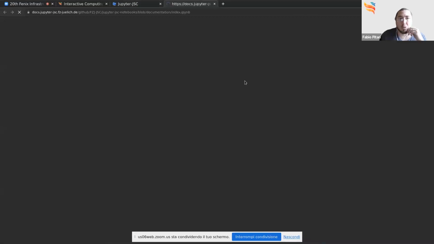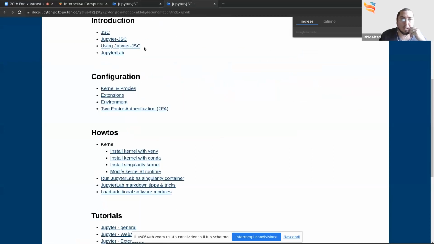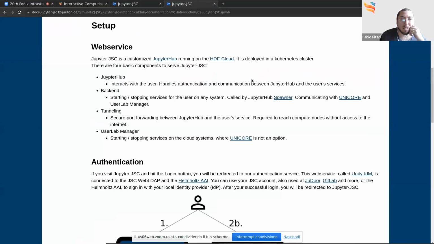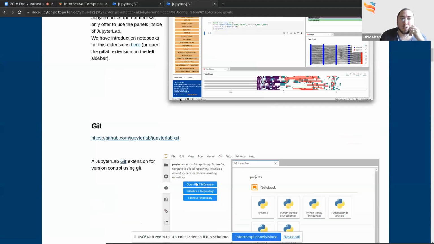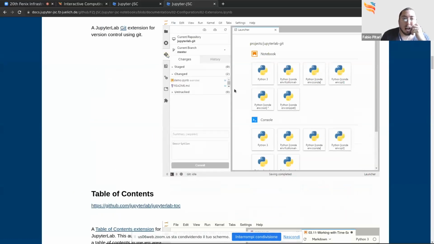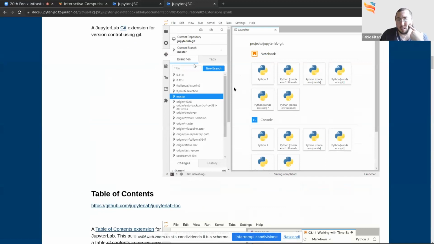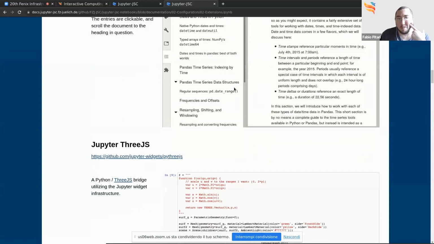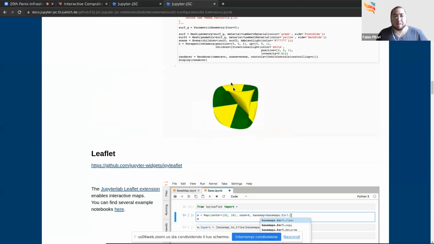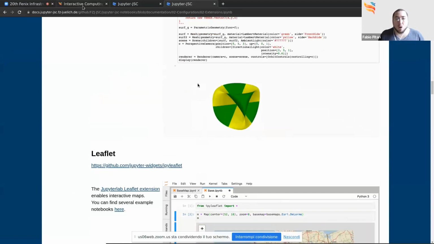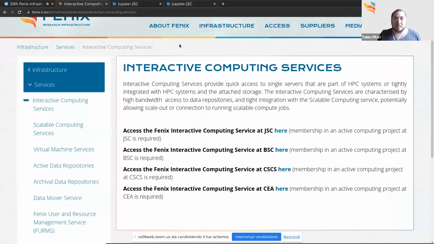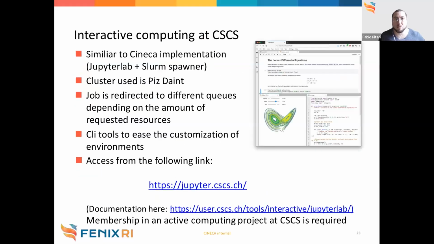And in this case, you will see also the documentation, which is quite deep. You will see here the details for the implementation, but you will see also the fact that there are some extensions installed, and there is also a very useful guide to make it easy for users to create their own environments. So this is the case of the JSC implementation,